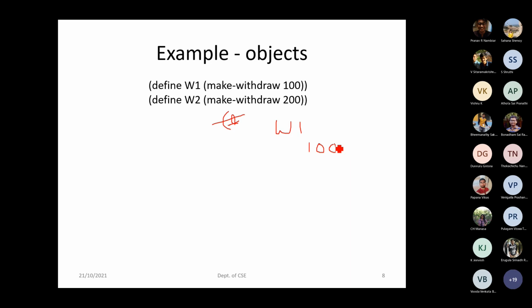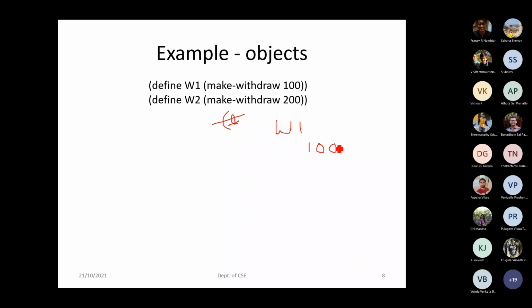It displays so many functionalities: whether you want to withdraw, deposit, check the balance, or change the PIN. Under your name, you have these many functions. Which one do you want to choose?